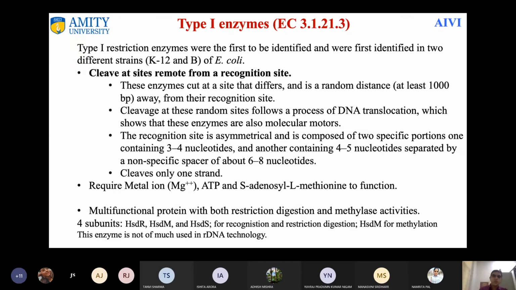Cleavage at these random sites follows a process that is called the DNA